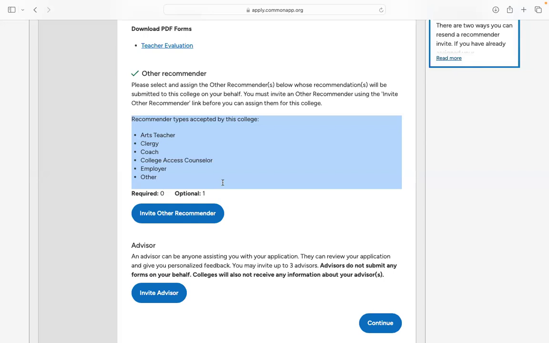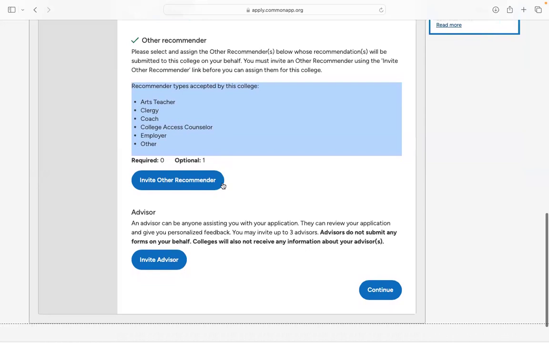Think outside of the box, right? Think about community leaders, coaches, that type of thing that can give us different perspectives. Think about a camera going around you, getting a 360 view, and brainstorm this with your parents because a lot of times you might not think of other adults that could really help you out.